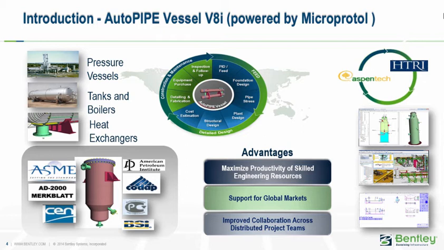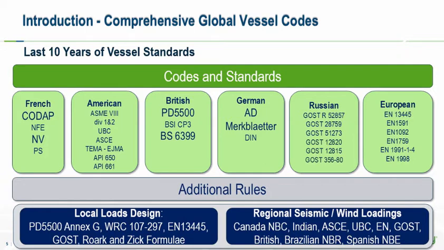There are several advantages of the software, including maximizing productivity of skilled engineering resources, supporting a global market, and improved collaboration across distributed project teams. AutoPIPE Vessel offers a wide range of global vessel codes, including regional wind and seismic, including the last 10 years of all design codes from French, American, British, German, Russian, and European. It also supports local analysis methods and comprehensive regional seismic and wind loadings for Canada, India, Europe, Russia, GOST,